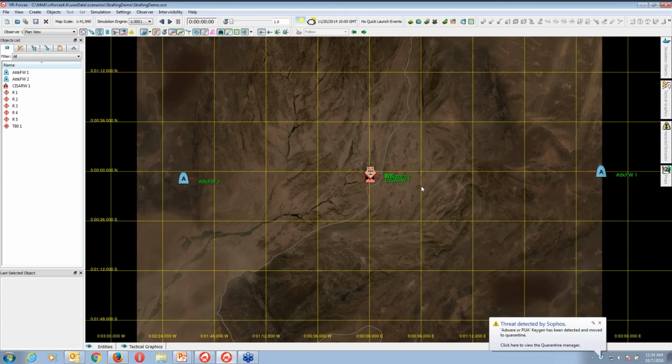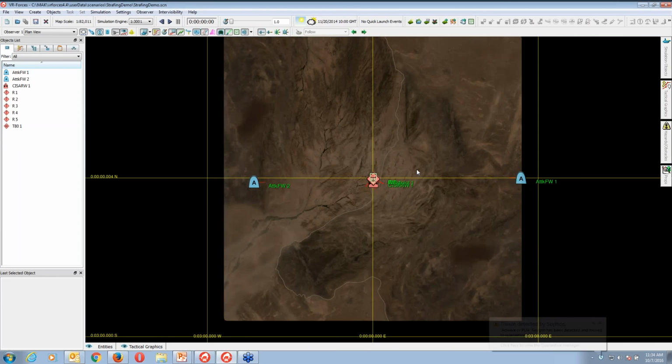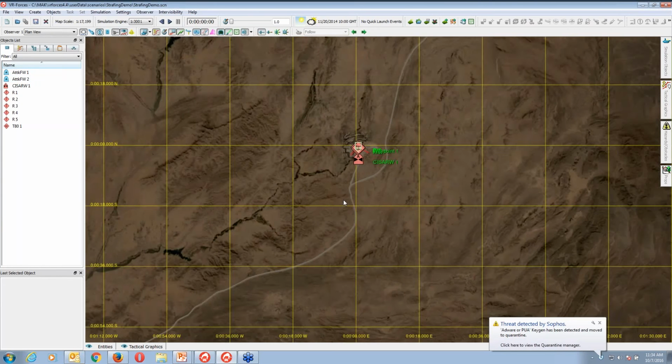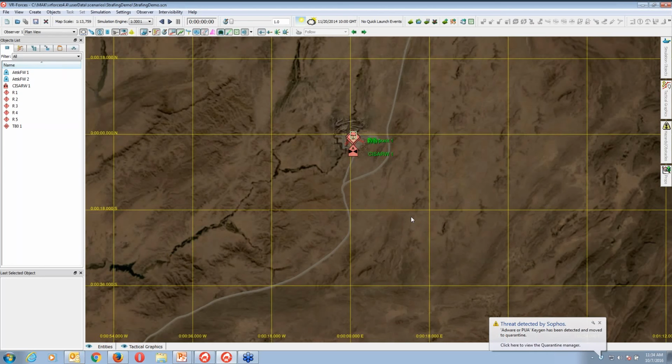This is one piece of terrain, and you have two blue aircraft, which you can see in the left-hand side object list. If I zoom in, you can see I have dragging and panning operations.